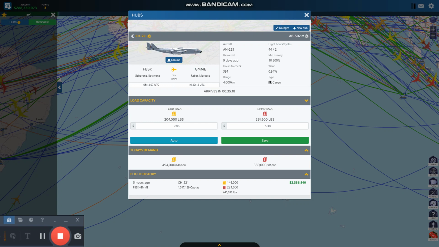For the AN225, this is an AN225. You want to have the exact ratio to get the best performance. So I'm going to go through all of my AN225s and all of my planes, and I'm going to fix the demand on it, and I will explain it in a future video. If you have any questions or comments, please post below.